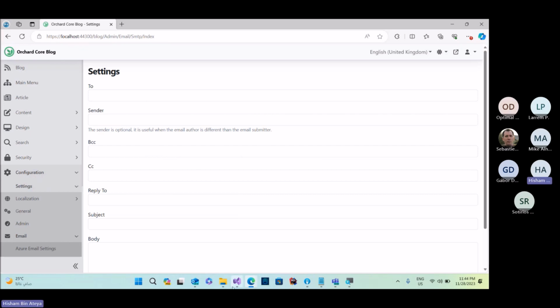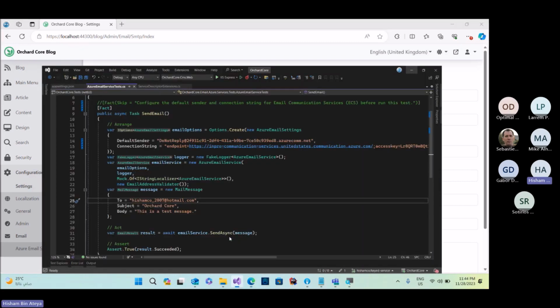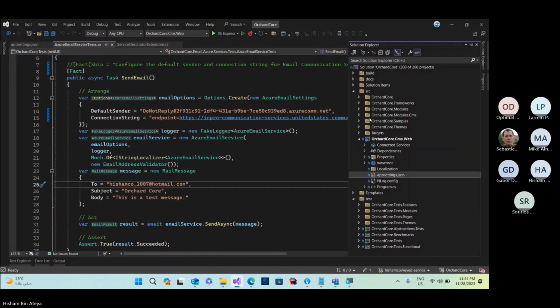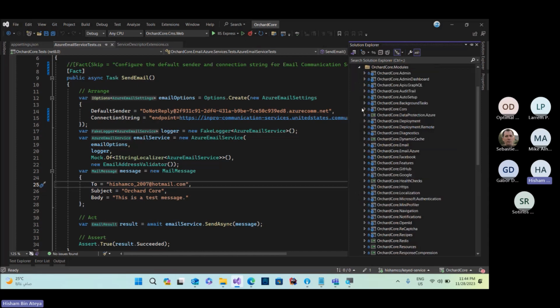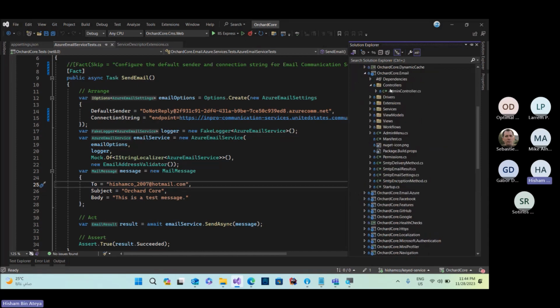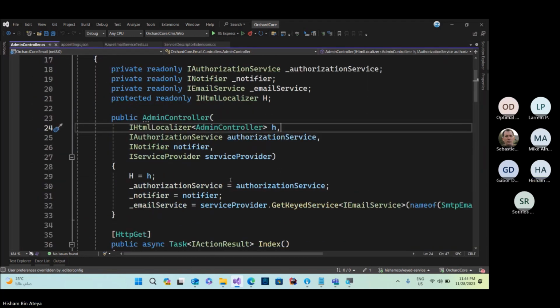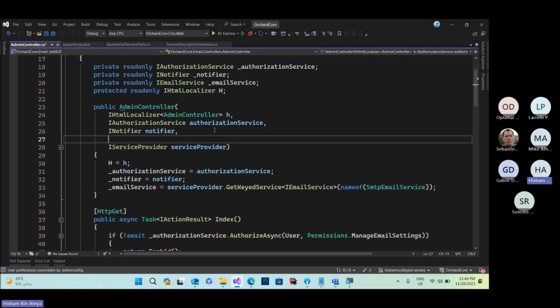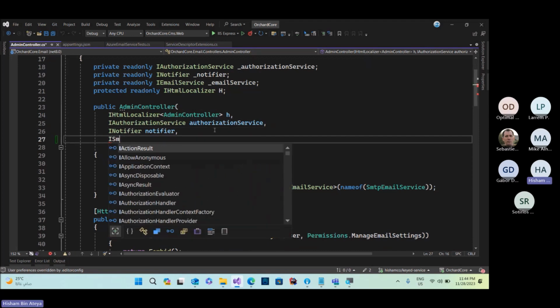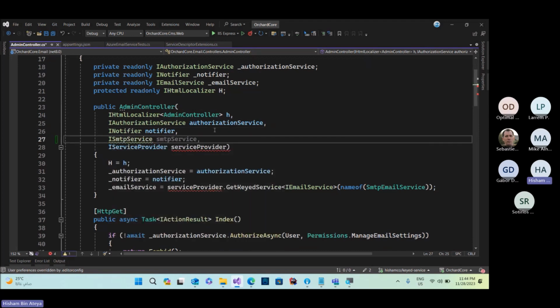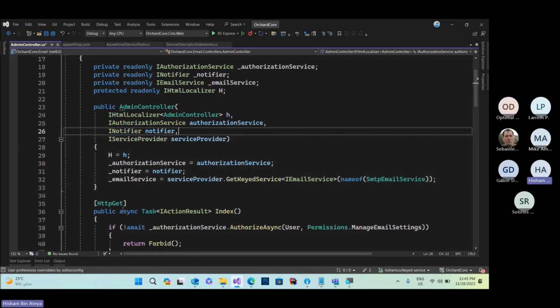So luckily, here, if we go to the email admin controller, previously we had something like an SMTP service, because we had a single implementation. But now, if we have more than one implementation active, the last one will win.